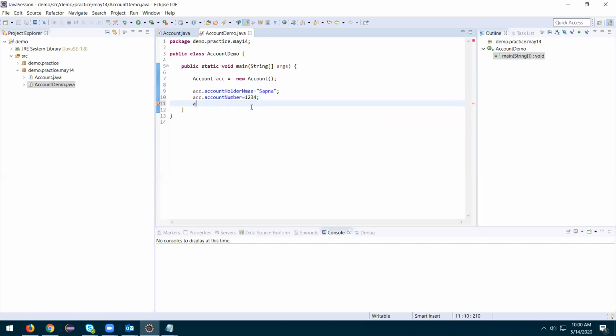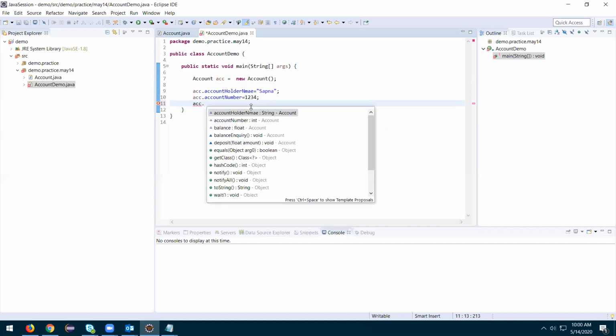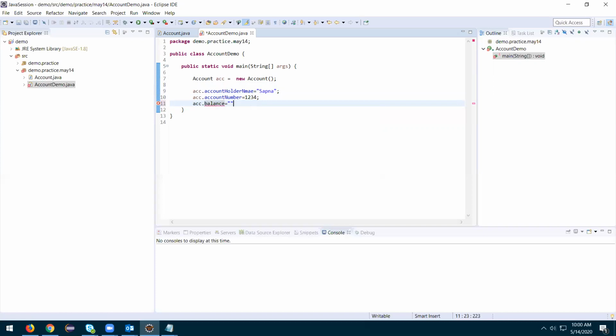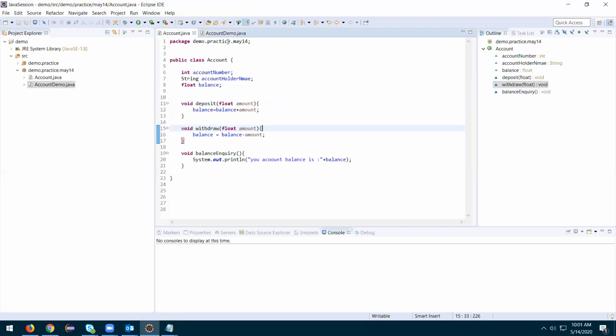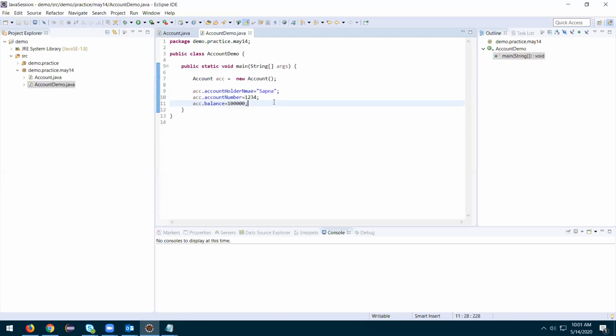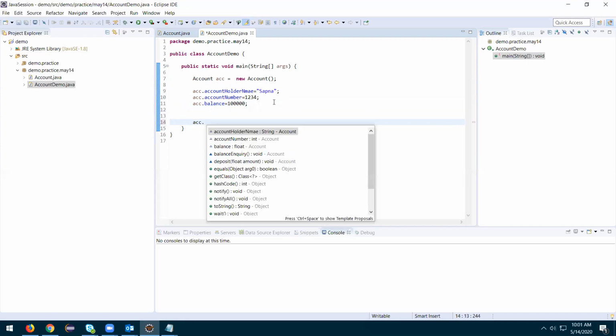Account dot balance. Okay, we are good with all these three. We initialize those, and now we'll check the account balance with balance inquiry.